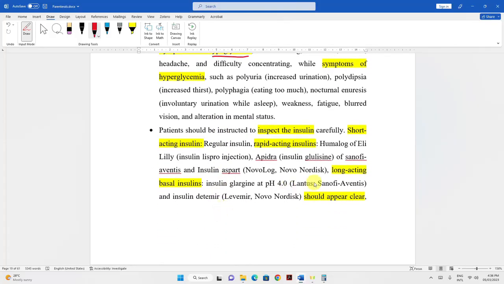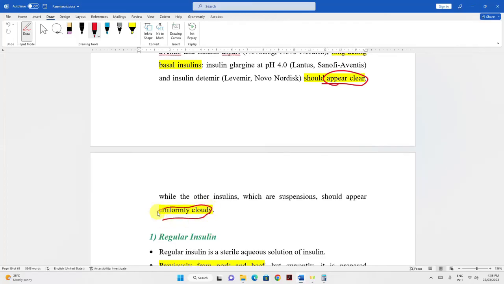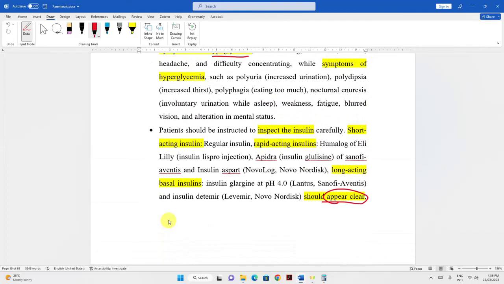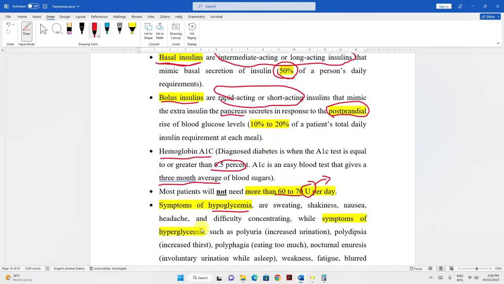You should also be aware whether the preparation should appear clear or uniformly cloudy. Okay, because if something that should be clear is showing up uniformly cloudy, then you should throw it away right away. Okay, I know this is a long topic,